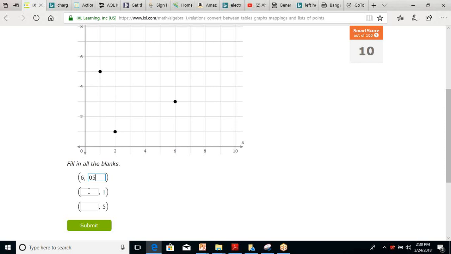So you'd have 5 right there. Well, no, that's 0. So right here you'd have 5. And then if you have 5 on the x-axis,